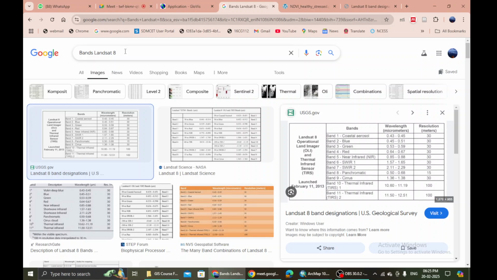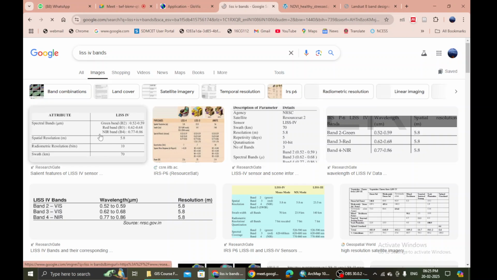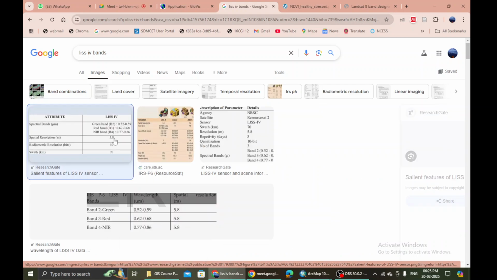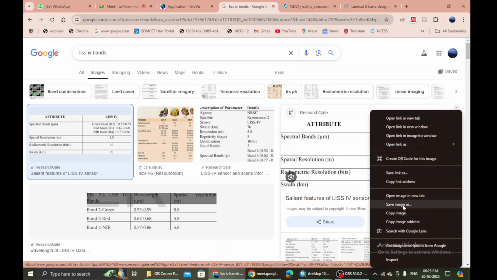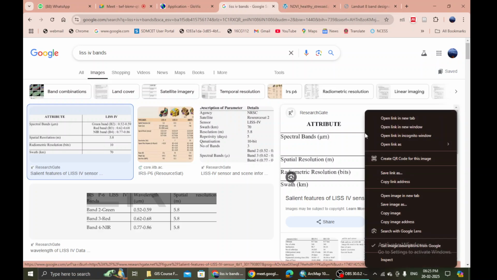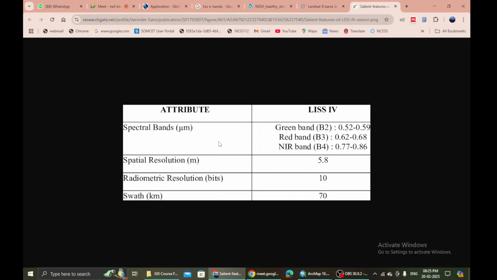Okay. So let me give you another example. This particular table is for LISS-4 data.